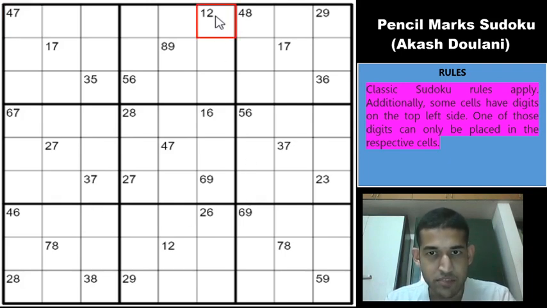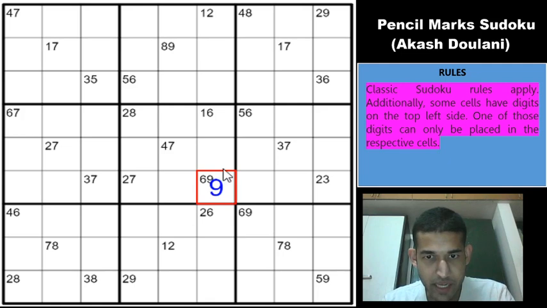Again I'm spotting a triplet 1, 2 and 6, right? If you look at column 6, you have 1 and 2 as the only possible candidates here, 1 and 6 as the only possible candidates here, and 2 and 6 as the only possible candidates here, which means that we have a 1, 2, 6 triplet in these cells. So you can eliminate 1, 2 and 6 from the rest of the cells, right? So this cell cannot contain a 6 and it would have to be a 9. Beautiful. So we have got our first digit now.